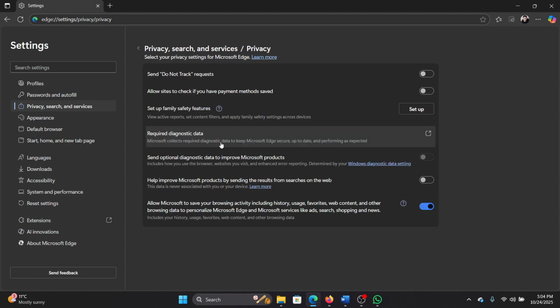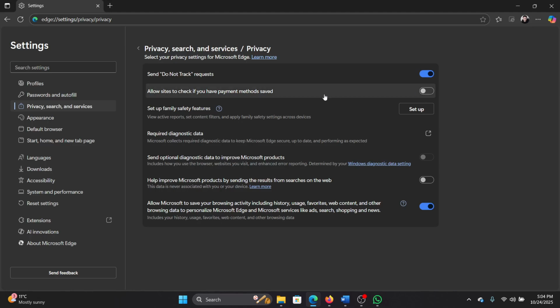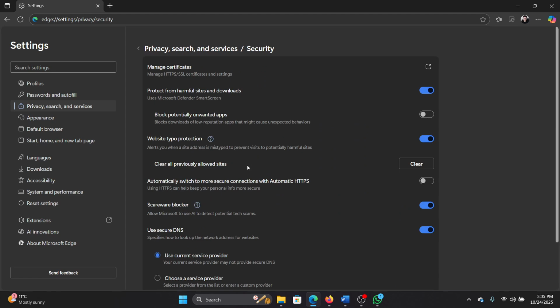The next one is about privacy, the do not track requests and allow sites to check if you have payment methods saved. So I prefer to keep all of these off. Okay, require diagnostic data, help Microsoft improve. No, do not do that. Allow Microsoft to save your browsing. Do not do that. The next one is security, and then you can select this option to manage the certificates,